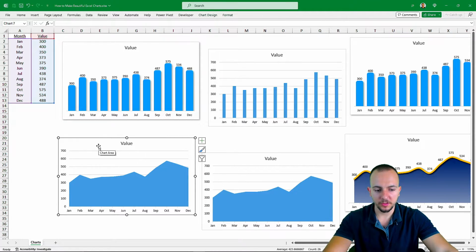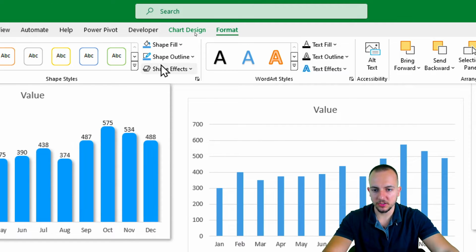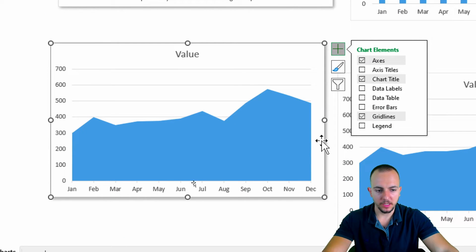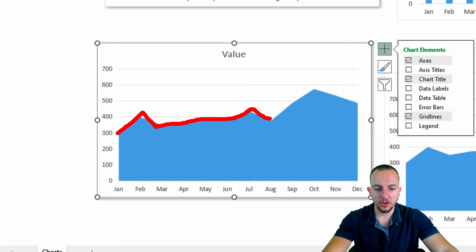The first thing that I want to start with, just to change the steps a bit, I want to go to Format and then Shape Effects, Shadow, and the first option. Okay, that way we can highlight the area of the chart with the shadows. Now let's add the line over